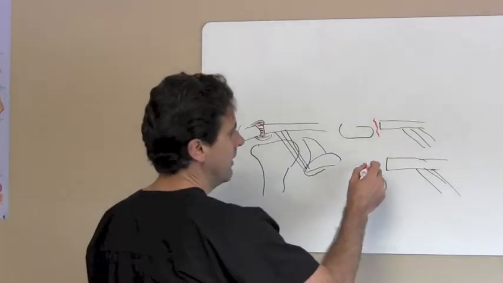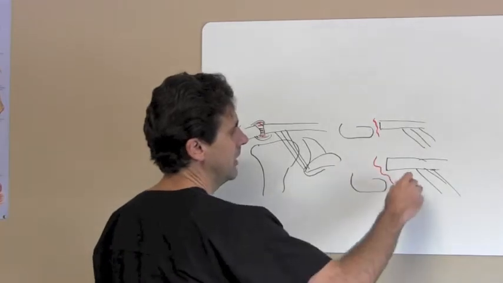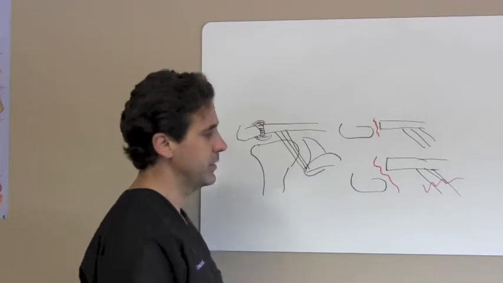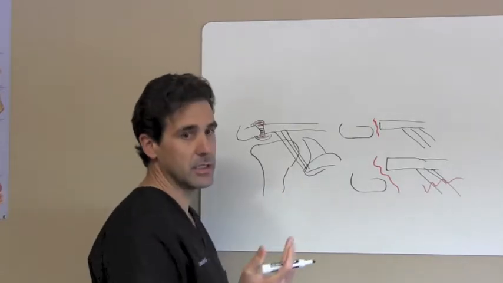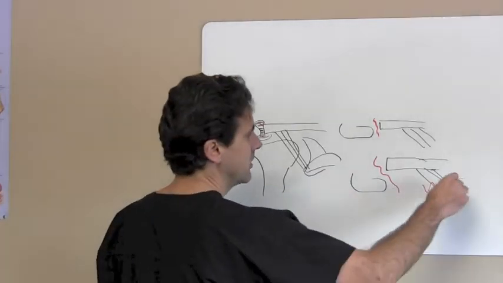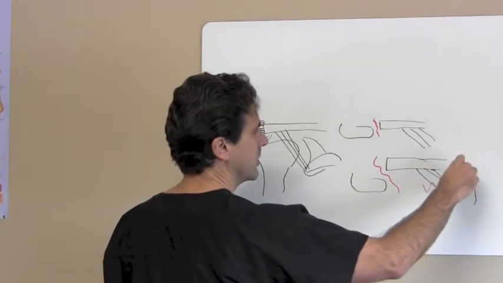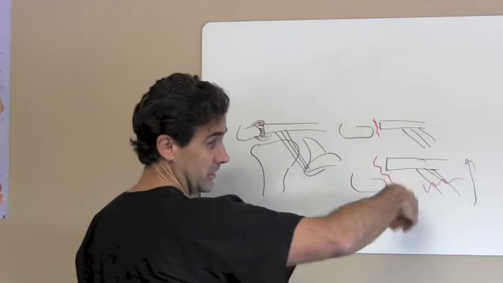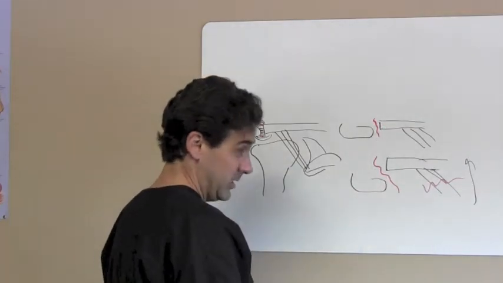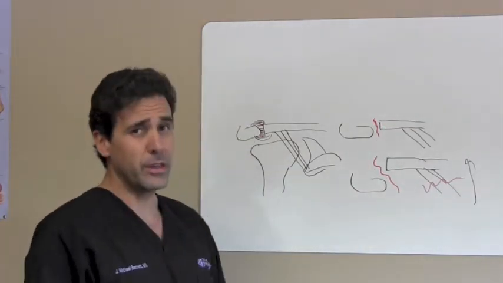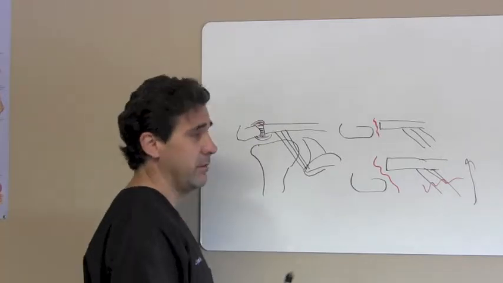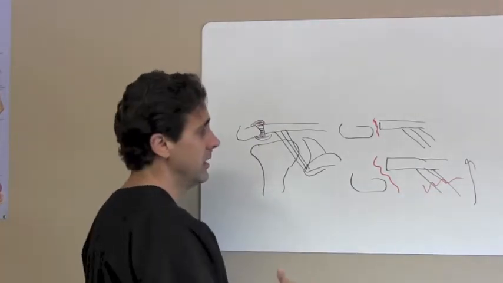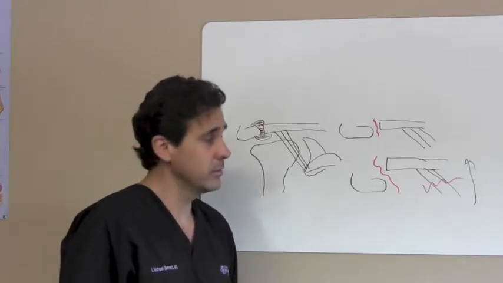The problem is when you have a disruption here, and then you have a disruption here, okay? When that happens, you have nothing really stabilizing the clavicle. So this bone wants to go up, this bone staying in place, so now it becomes unstable. And this is where you're getting into the grade 3 to 4 type of injuries. It can vary just depending on how injured these coracoclavicular ligaments are. So grade 3 AC joint